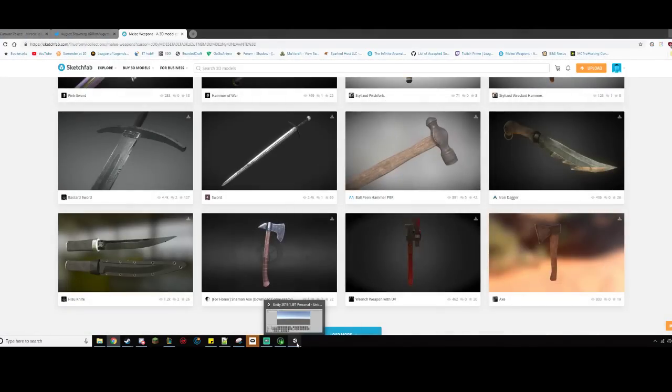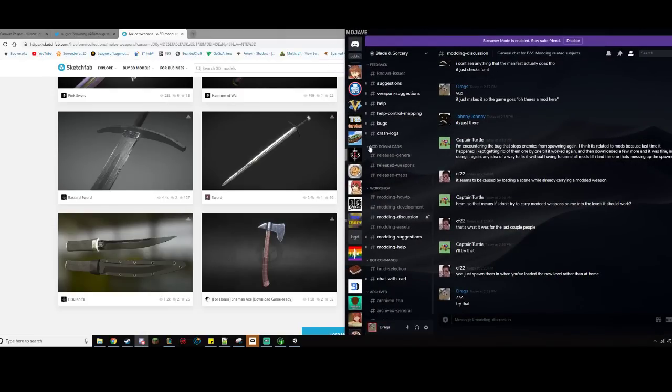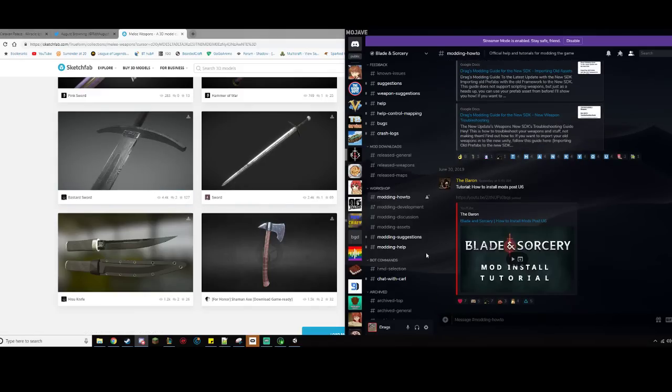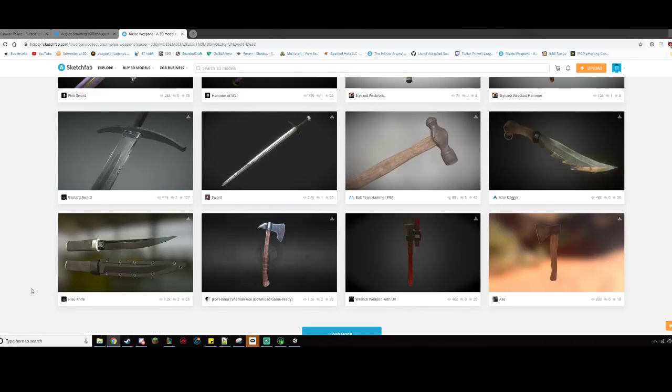Hey guys, a lot of you have been using my guide on Discord on how to make a new weapon. A lot of people are using it, which is great. But a lot of people are still confused because it's a lot of writing and a lot of reading. So just to make your lives easier, I'm going to be doing a video on it today,